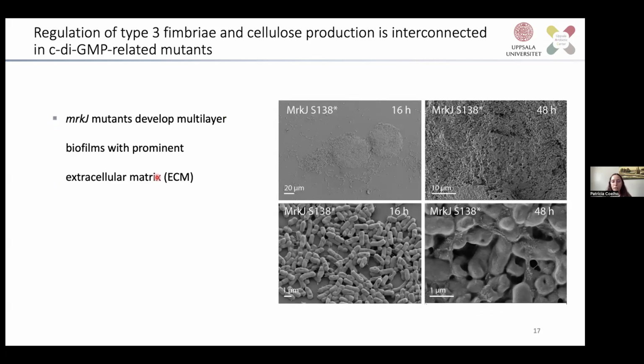However, we also saw that these mutants, or some of these mutants, produced a very prominent extracellular matrix. If you look at this figure here, you have these strands of polysaccharides around the cell. And it is thought that MRKJ and cyclic GMP could regulate the expression of these capsule polysaccharides. Some studies indicate that cellulose can actually be a key component of the capsule in these mutants, or in Klebsiella pneumoniae biofilms. So we also looked into cellulose production